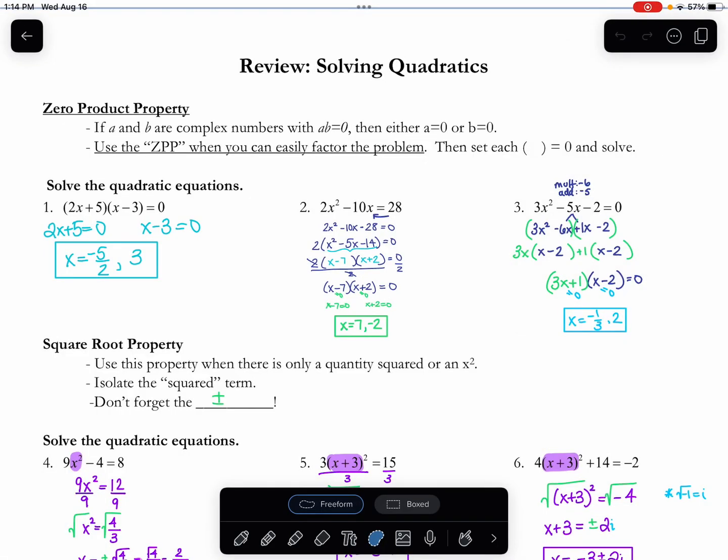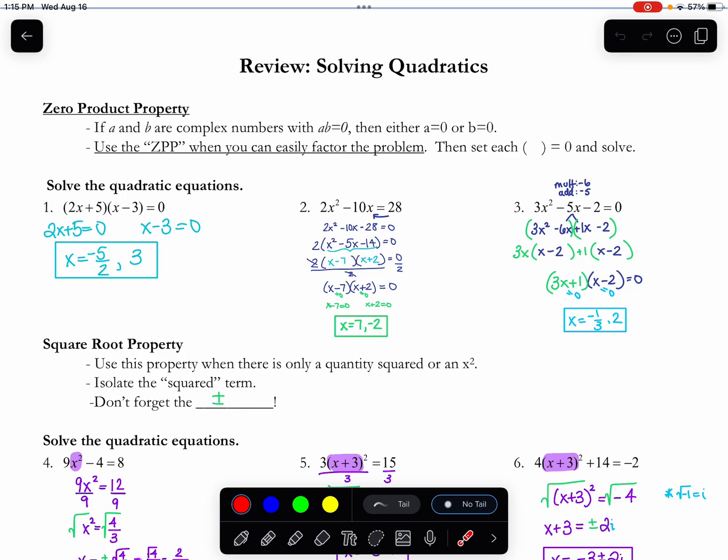All right, let's take a look at how we solve quadratics. So there's three main strategies that I want to go over. The first one is the zero product property. So that one uses the fact that when there's a product that equals zero, either A or B needs